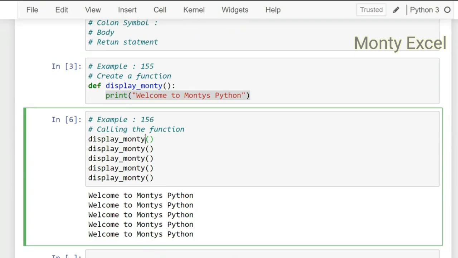Let's try to see the functions, I mean, how to use the parameters, because I have not used any parameters here. If you want to use the parameters,